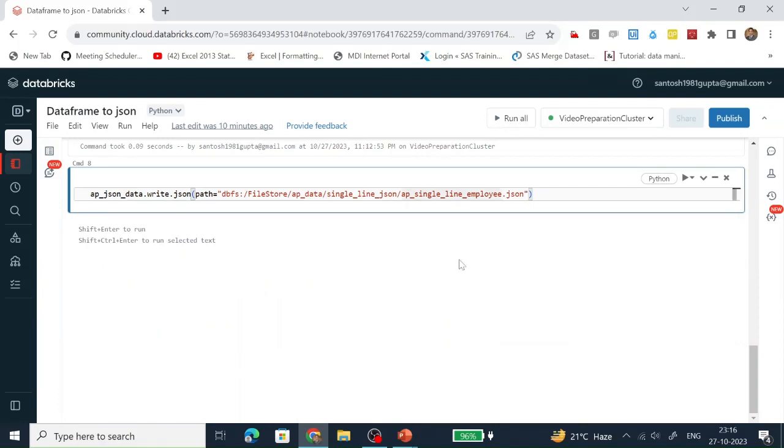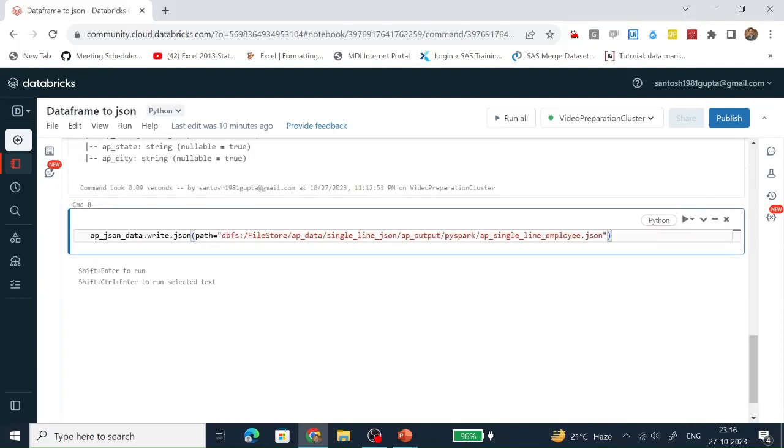Let's create one more folder, ap_output_pyspark. So this is the location of the JSON file where we are going to write the data which is present in this data frame.